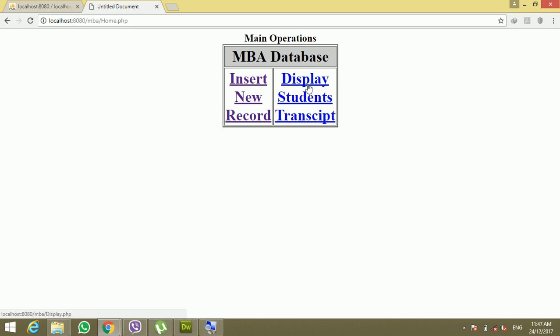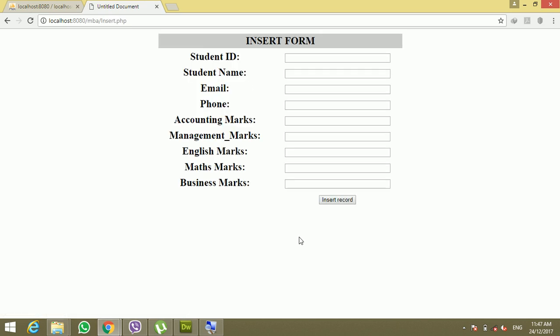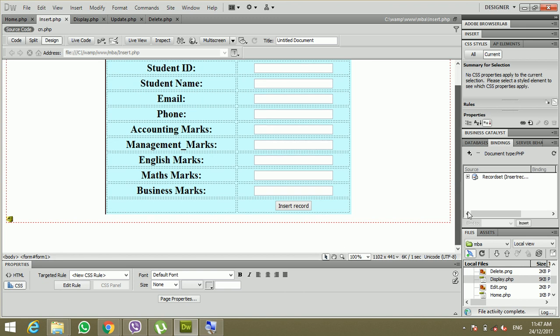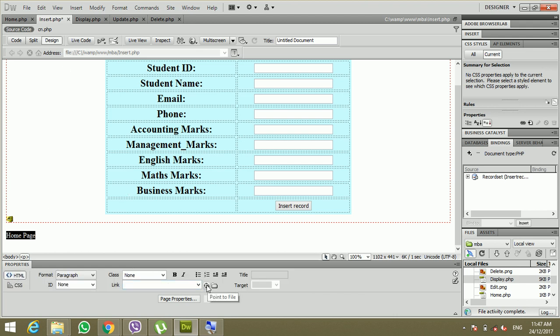So now these are the two operations. You want to insert the new record, or you want to display student transcript. If you want to insert the record, click here, insert, and on the insert form, coming back here, go to the insert form, and here in the insert form, I am writing home page, clear, select it, go to the HTML and connect it to the home page, clear, and also go to the display,